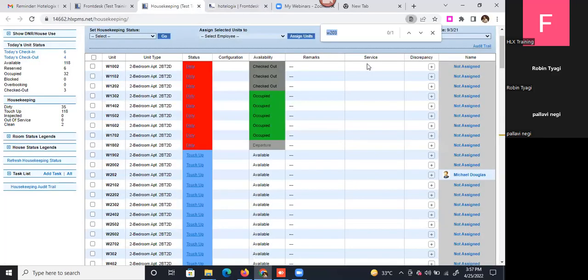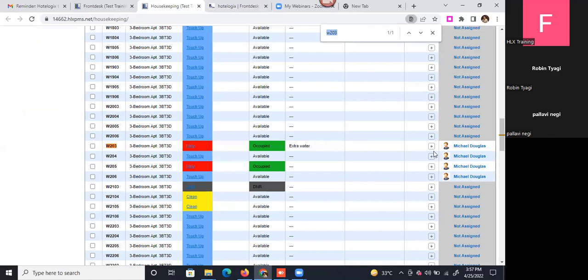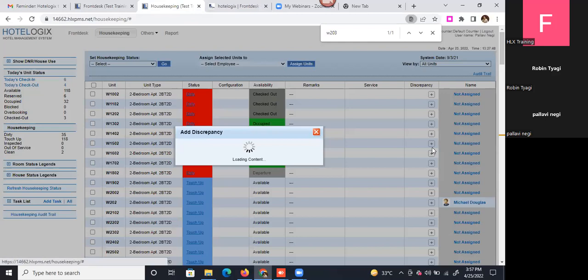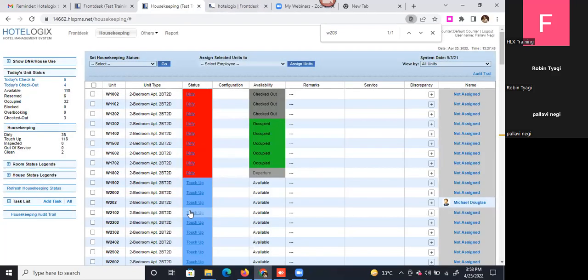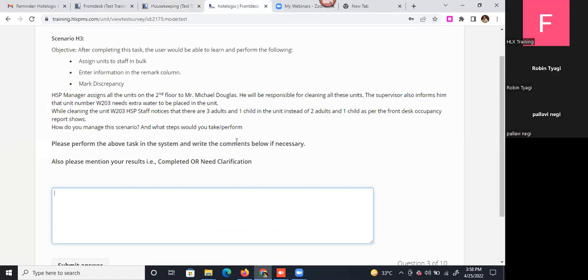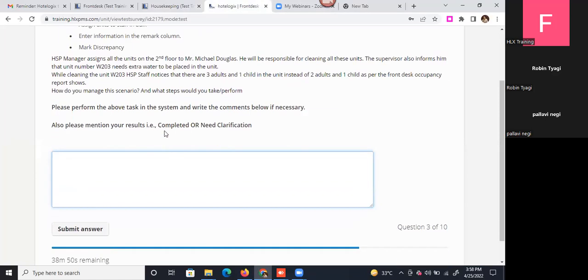Right, so Control F, I'll look for this unit on my system here. Now, as you can see, there is a plus sign here, which says add discrepancy. So we're just going to click on this. Now, as you can see, the front office occupancy says 2 adults and 1 child, and the housekeeping says there are 3 adults and 1 child. So this is how we will be able to update the discrepancy here and click on add. And this information can be viewed by the front desk staff also. Right, so once we are done with the scenario, we'll just click on completed and move on to the next part,